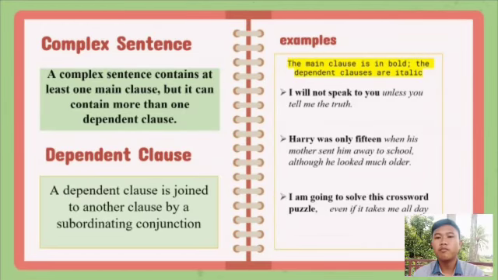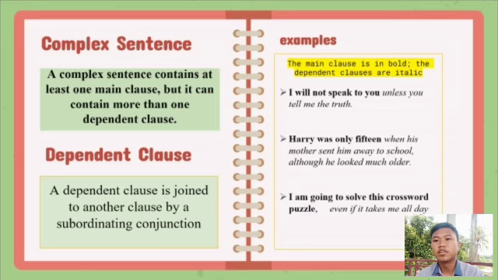I want to explain about complex sentences and dependent clauses. A complex sentence contains at least one main clause, but it can contain more than one dependent clause. A dependent clause is joined to another clause by a subordinating conjunction. Examples: